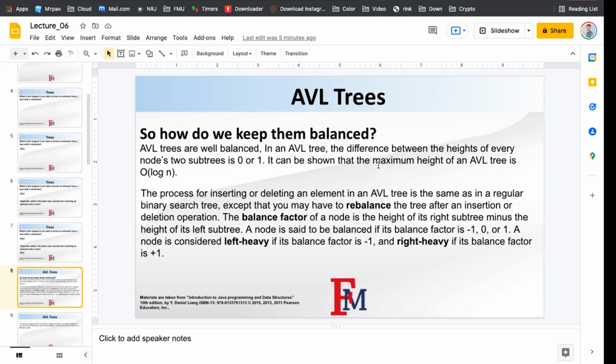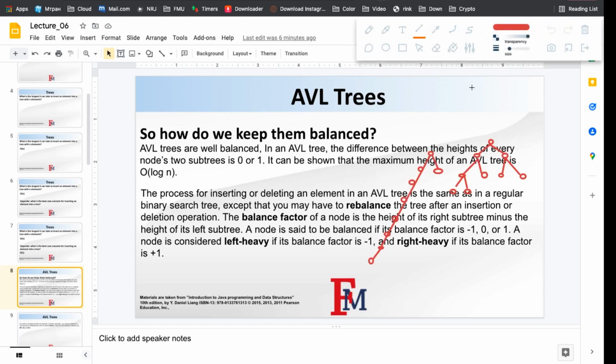Okay, it can be shown that the maximum height of an AVL tree is big O log n. The process of inserting and deleting in an AVL tree is the same as in a regular binary search tree, except that you may have to rebalance the tree after an insertion or deletion operation. Okay, so for example,